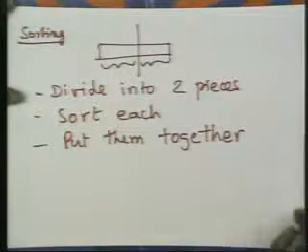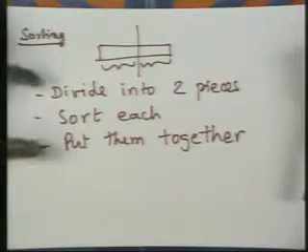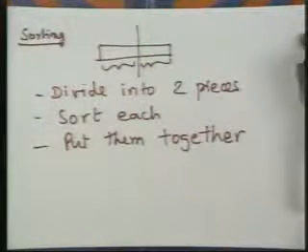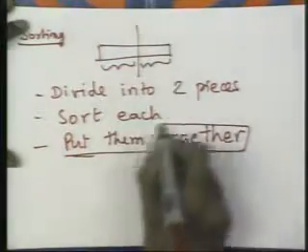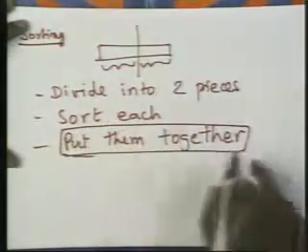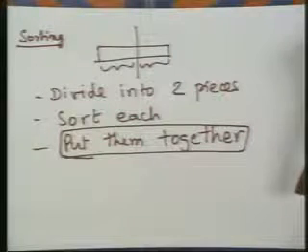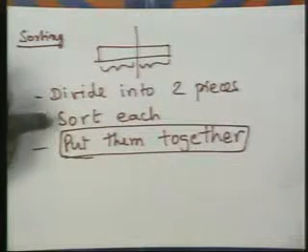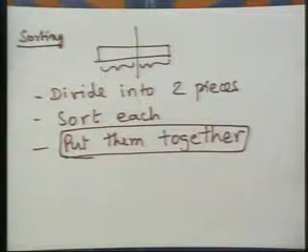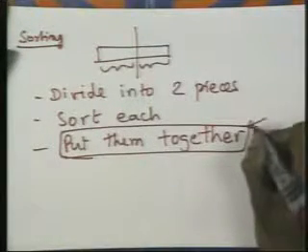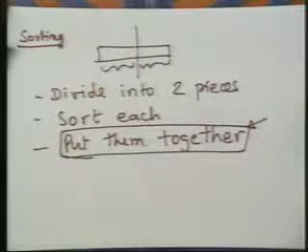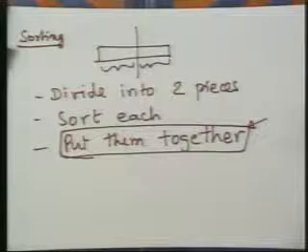Okay, so the algorithm is clear, right? Except for this step. What does it mean to put them together? So far it's okay. Dividing into two pieces, no sweat. Sort each: you recurse on each piece, you sort each. Well, here is the crucial step that we need to implement, which is putting two sorted